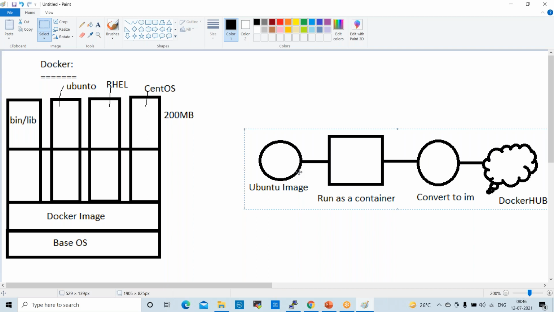How can we create custom images? How can we do that? We'll try to understand. So I'll explain it theoretically today, and tomorrow we'll do the lab for that. Okay, so one more icon will be added here, which is Dockerfile. Dockerfile is important. The latest trend is Dockerfile. So this is Dockerfile.